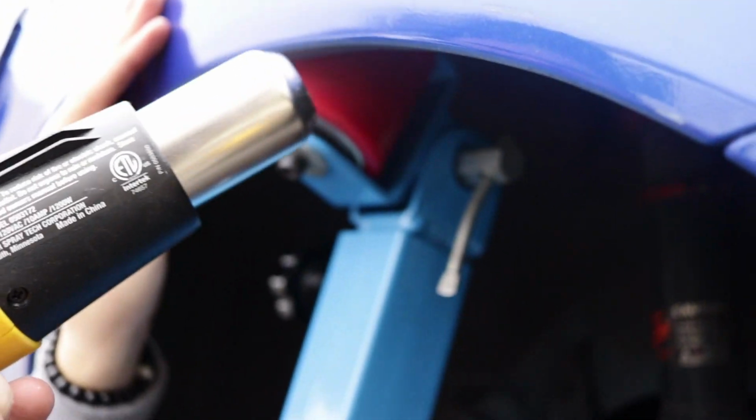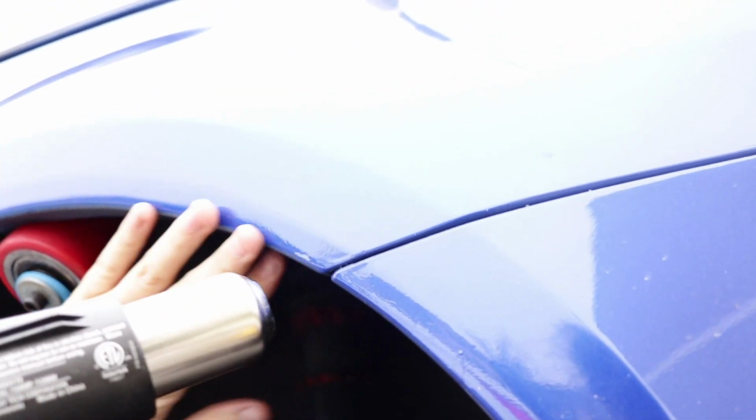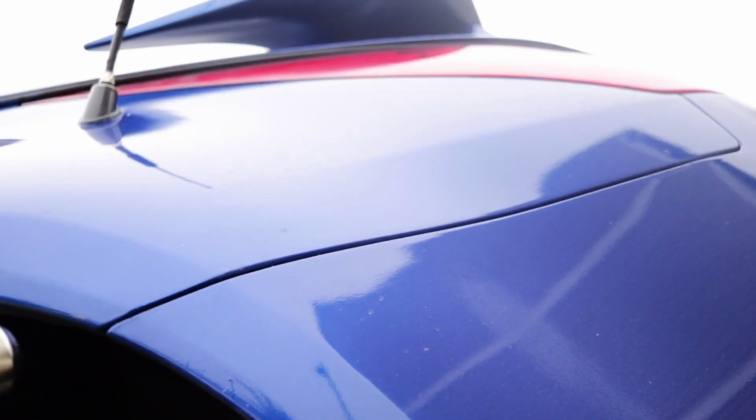Alright, the next step is to use the heat gun. You don't want to put it directly on it. It can start bubbles in your paint. Don't want that. It's not good. My paint job's kind of new, so I doubt it will do that. But for you guys that have cars that have a little bit of an older paint job, you're definitely going to want to take your time on this and not put direct heat on it